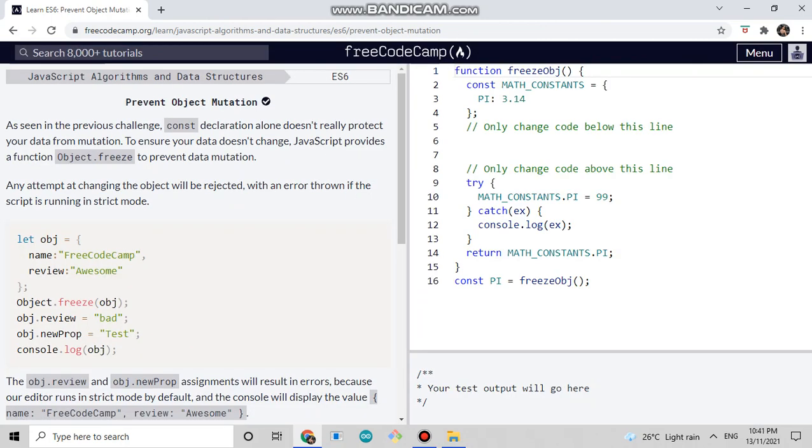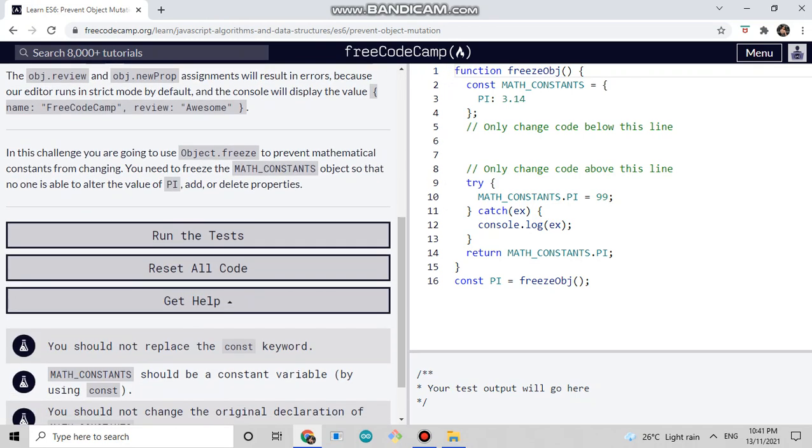Next is prevent object mutation. So as in the previous challenge, const declaration alone doesn't really protect your data from mutation. To ensure your data doesn't change, JavaScript provides a function Object.freeze to prevent data mutation. So in this challenge, you're going to use Object.freeze to prevent mathematical constants from changing. You need to freeze the MATH_CONSTANTS object so that no one is able to alter the value of PI, add or delete properties. So let's say Object.freeze